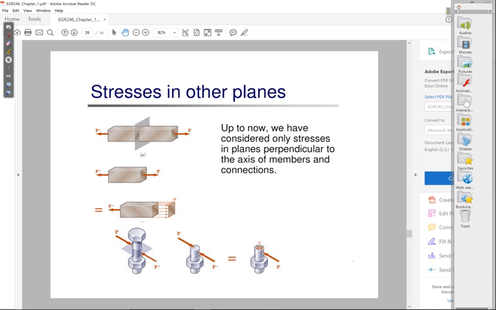The next thing that we're going to talk about is a new topic now. When it comes to normal stresses, we've been talking only about tensile and compressive forces. We were basically looking at members that were very similar to the members in a truss, that were only in tension or compression. And that is perfectly fine. But